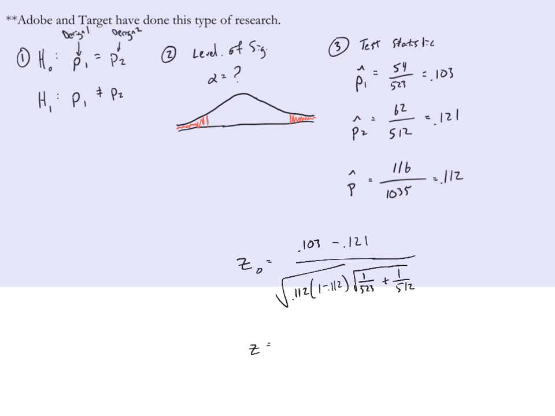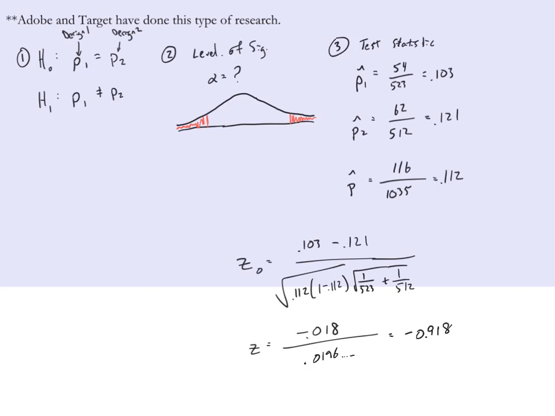A couple of steps here. 0.103 minus 0.121, negative 0.018. And then in my denominator, I'm typing that in, and I get 0.0196, etc. I'm going to keep that number stored in my calculator, negative 0.018 divided by the stored answer, and I get negative 0.918,